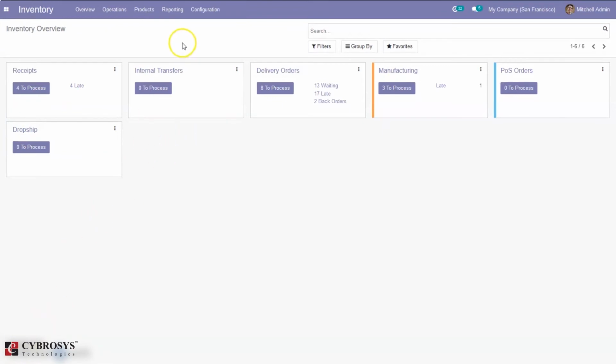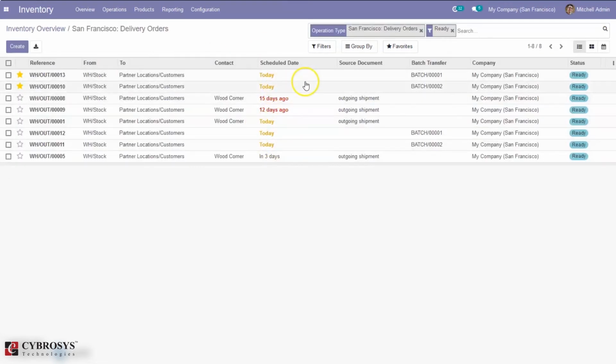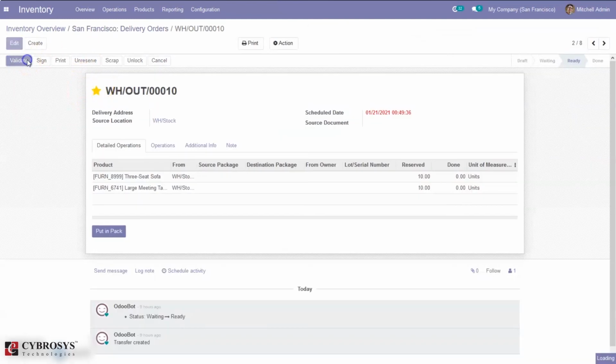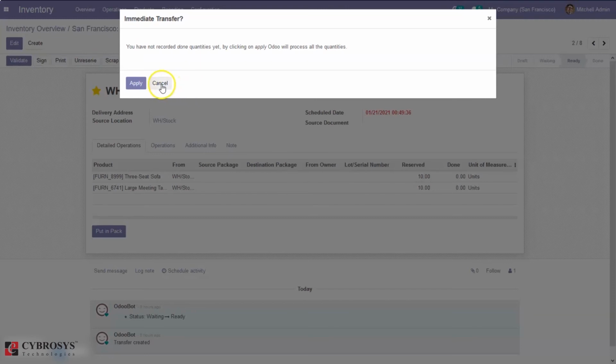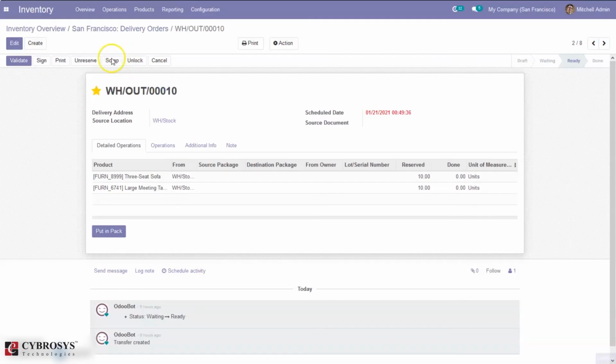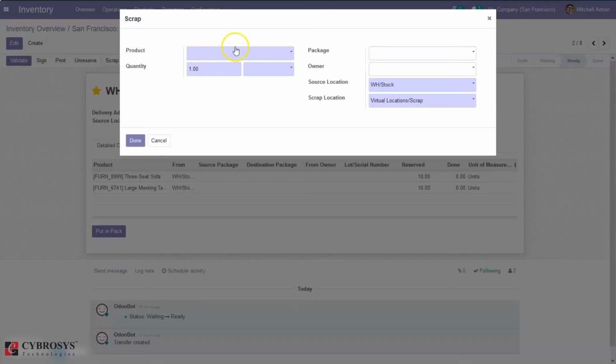We can also scrap products when doing internal transfers or delivering products to customers. For delivery orders, we have 8 to process, and you can see one here. You can validate, or if you find some products damaged, from here itself we can move them to the scrap location.